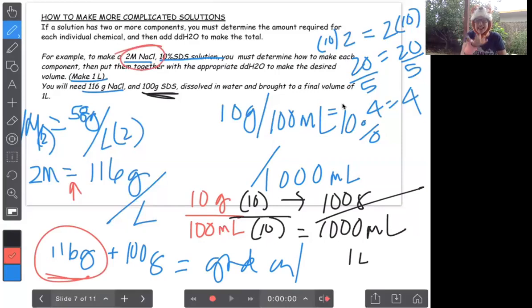And in that same liter, we have 100 grams of SDS, which gives us 10%. So that solution has more than one solute, has the sodium chloride and the SDS, both in the same liter. Yes, yes, yes. Okay,